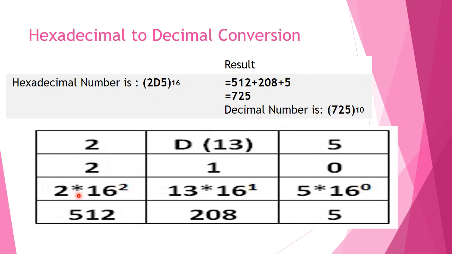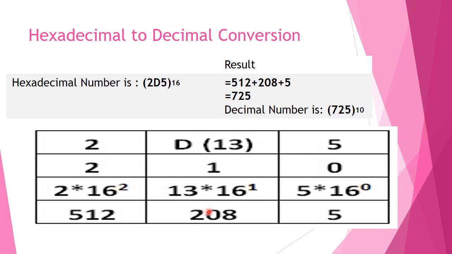Since the base of the hexadecimal number system is 16, we are multiplying each and every digit by 16. So 2 into 16, and 13 into 16, and 5 into 16, and then we are calculating the values. Now 16 to the power of 2 is 16 into 16, and then times 2. So that is 512, and then 16 to the power of 1 is 16, and times 13 is